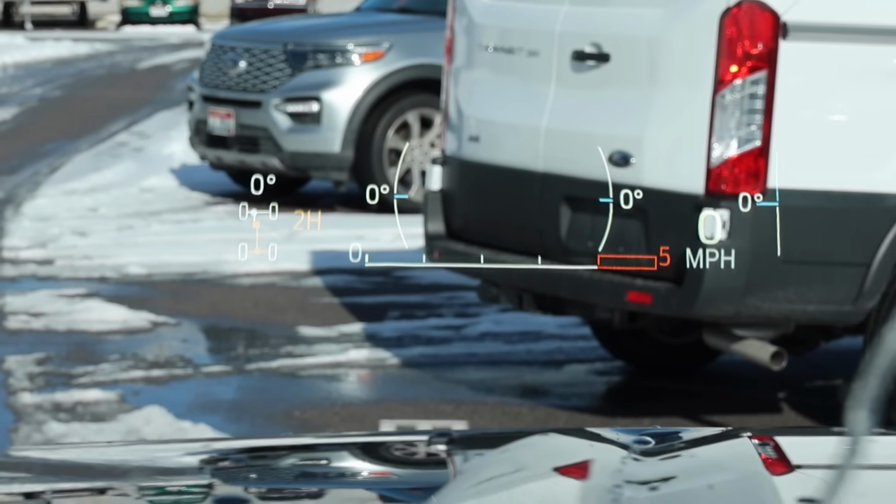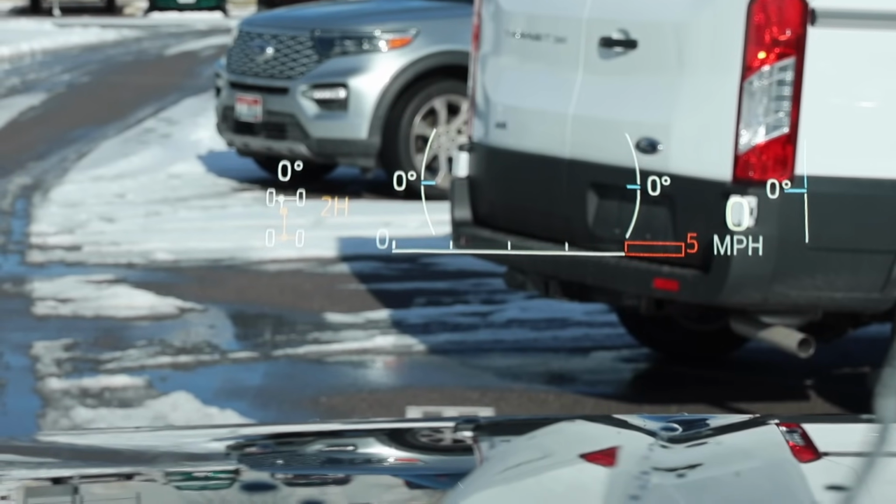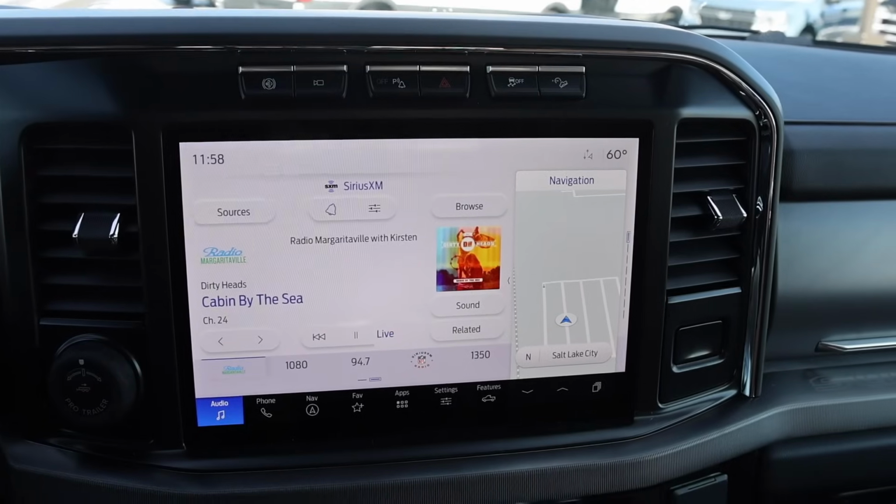Now, GM does something pretty similar, but they don't give you the time, the temperature, and that type of information, which I would like to see from them. Now, as far as this screen goes,